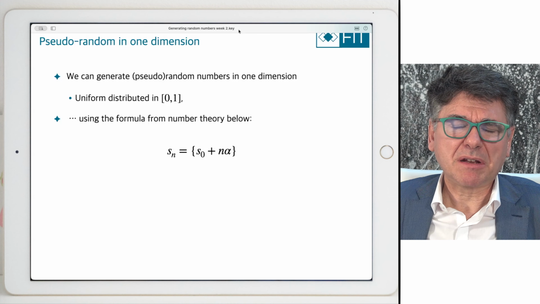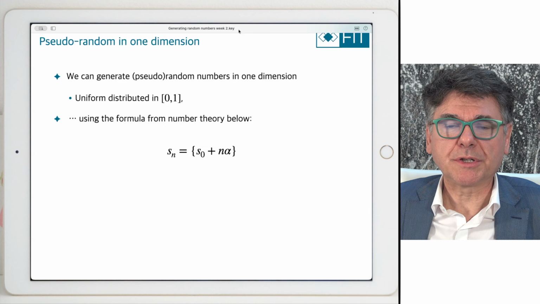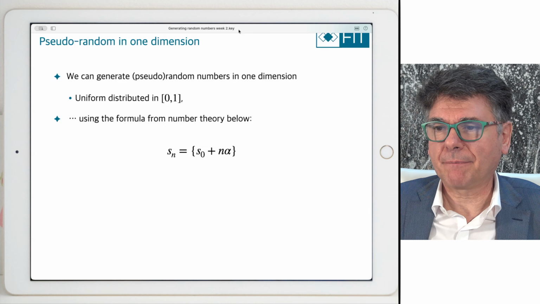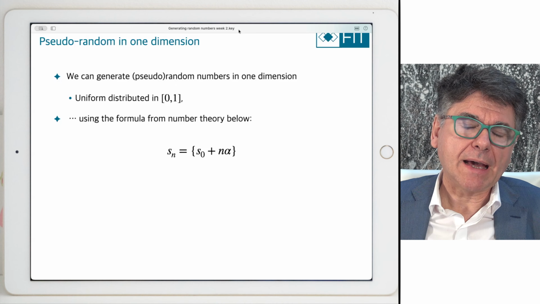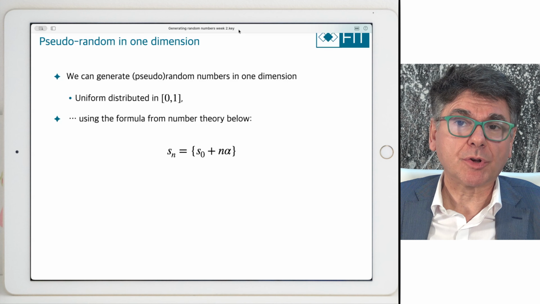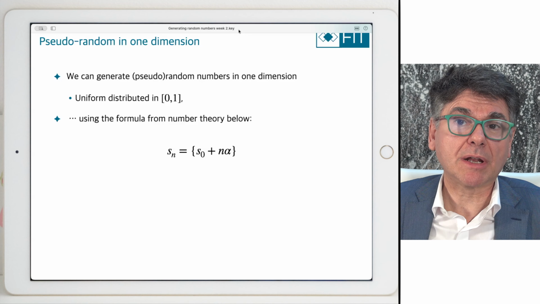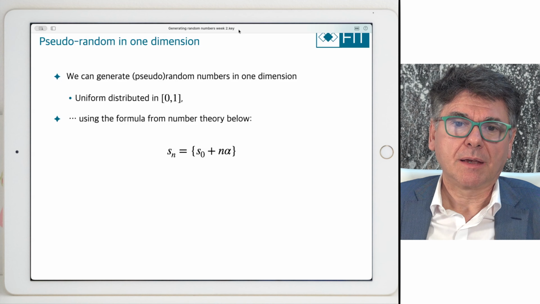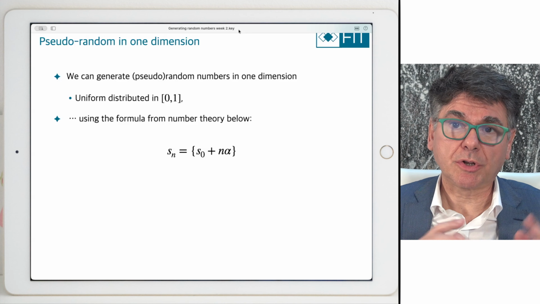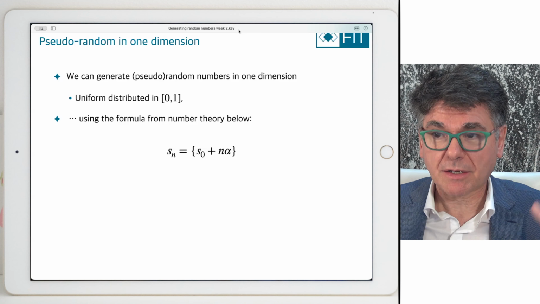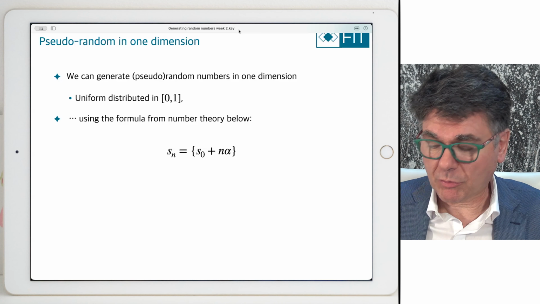I take a number S naught, it doesn't matter what it is, it could be 0, it could be any number that you pick, to ensure that the result of this algorithm is always different when you run it on different computers at different times. Typically, S naught is something related to the time of day. The time of day in absolute terms, so that S naught will always be different every time you run the algorithm.